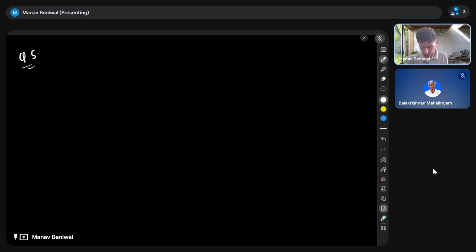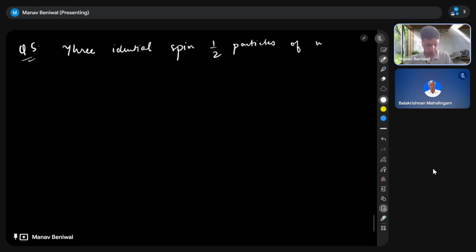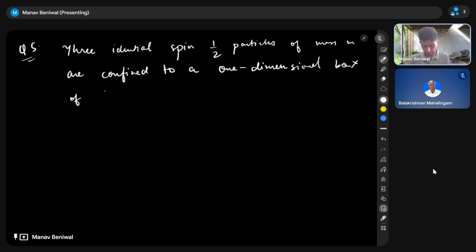Okay, so let's do next one. We have 3 identical spin half particles of mass m, which are confined to a one-dimensional box of length L, assuming that they are non-interacting,